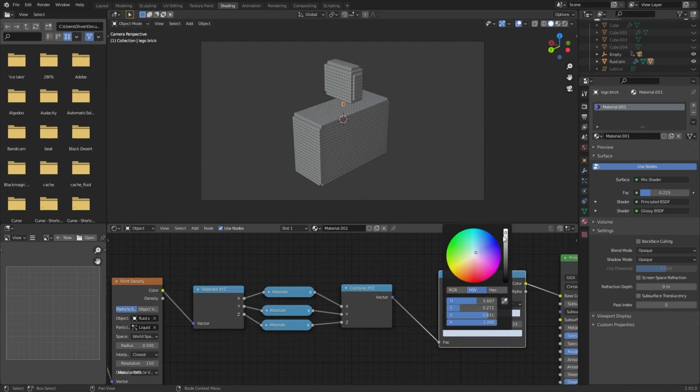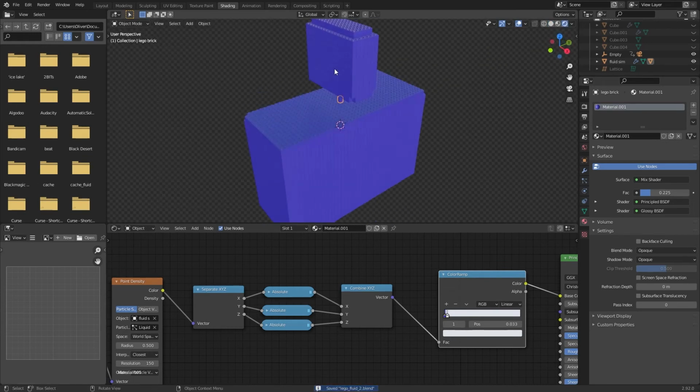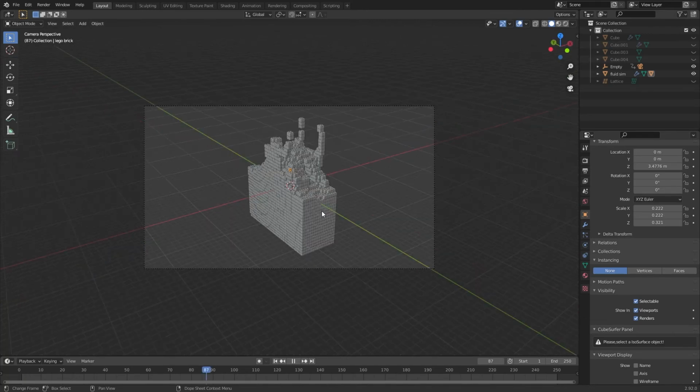Okay, so just lower the saturation so it's a bit brighter. And now this should, let's just go to a different frame where there's a bit more velocity going on, particle velocity, as that is what drives the actual texture. So let's go back to this shading tab. Once it stops being slow,